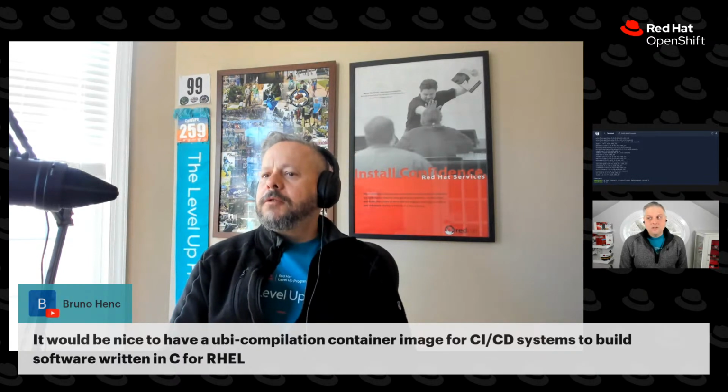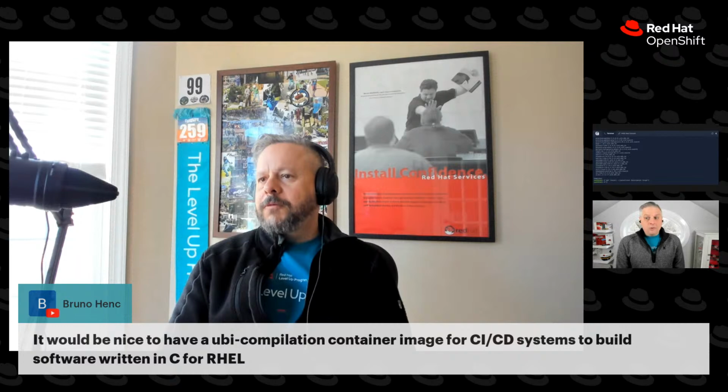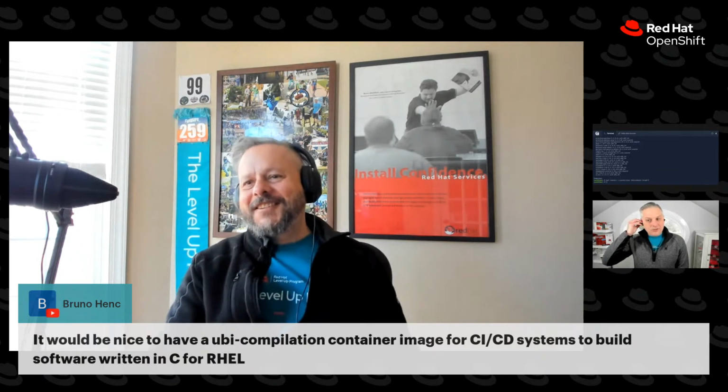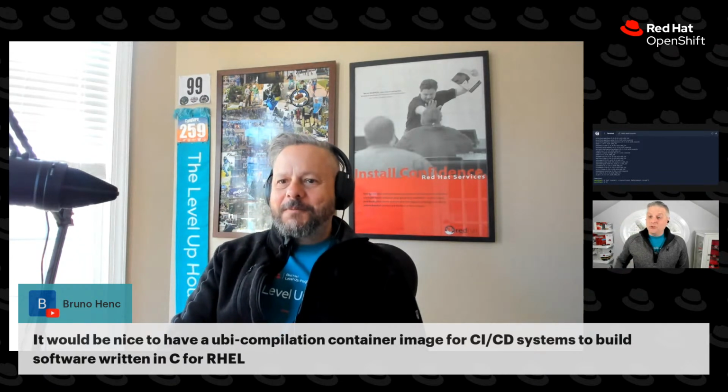All right. So Bruno also had a comment. He said it would be nice to have a UBI compilation container image for CI/CD systems to build software written in C for RHEL. I will take that to the runtimes team. Yep. So there's several different people that build UBI images at Red Hat,